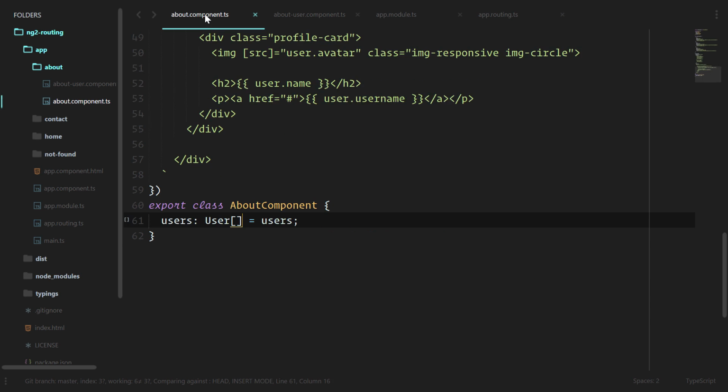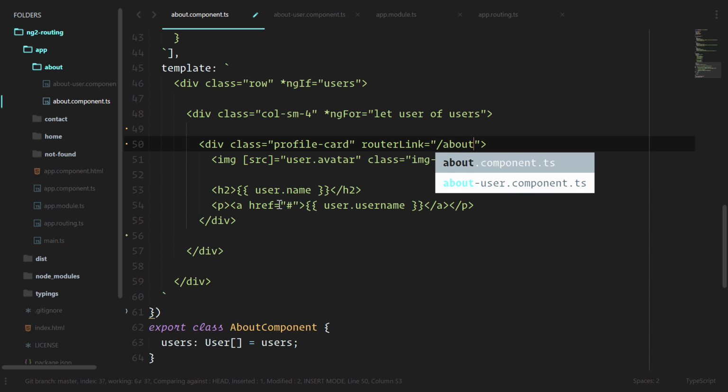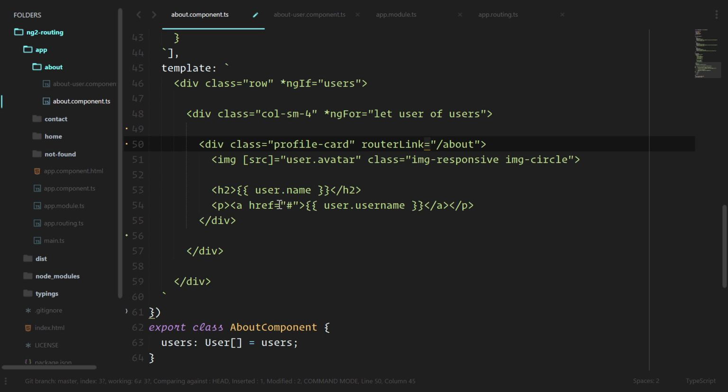Back in our about.component, we'll use the router link to do that, the directive that we used earlier to create links. Now remember earlier we did router link is equal to about. It won't be that easy this time since we actually want the router link to evaluate something. Like we did earlier, if we want a full evaluation, we're going to change this into the property binding way,